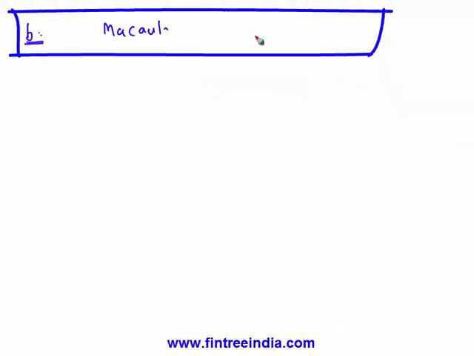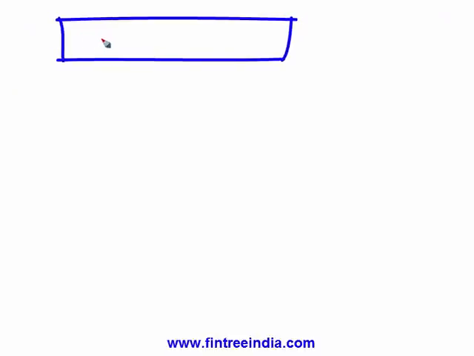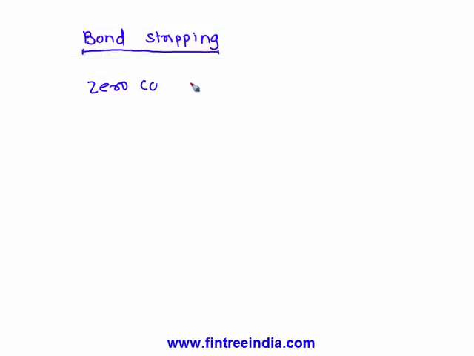So second LOS, first heading you can give is Macaulay's duration. And subheading you can give is bond stripping. Now all of you understand what is a zero coupon bond. So zero coupon bond is you pay some X amount today and let's say maturity is 5 years. For those 5 years you would not receive any cash flow and then after 5 years you would receive a lump sum amount. So from an investor perspective,